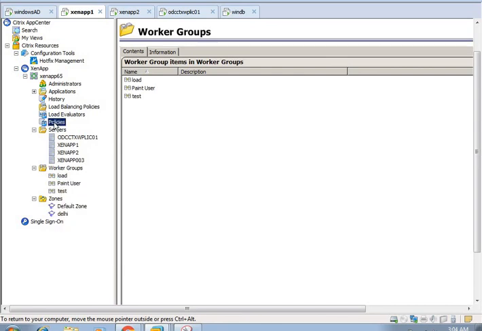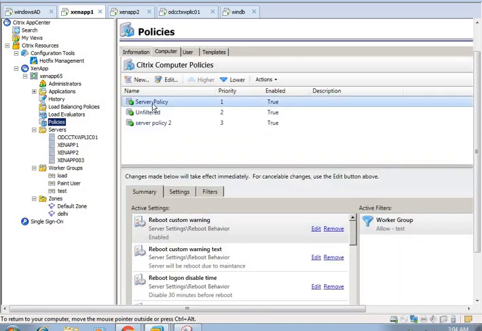Once we create a policy, we can apply it directly on the worker group, not on the server or application. So first we need to create the worker group and put servers with the same properties in the same worker group, and then we create a policy and apply the policy on it.